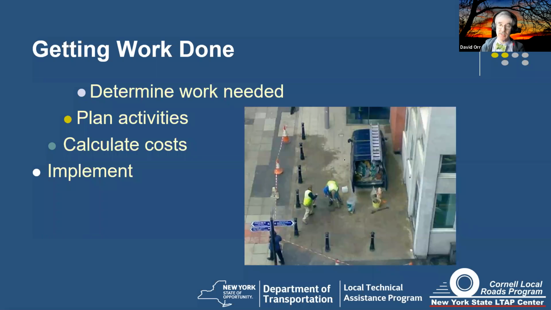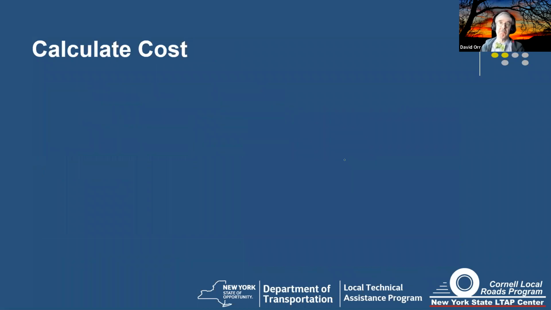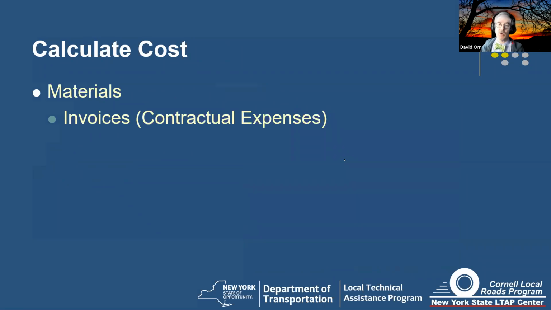You may have to change during the middle of your process, but part of cost calculations is knowing what the project is. Now, in terms of calculating the cost, it's really pretty easy once you have a plan. All you've got to do is figure out for each item, each step, the material cost, the invoices or contractual expenses, your own labor, and your own equipment. And yes, that does stand for a sort of silly acronym, and I'll write it for you here.